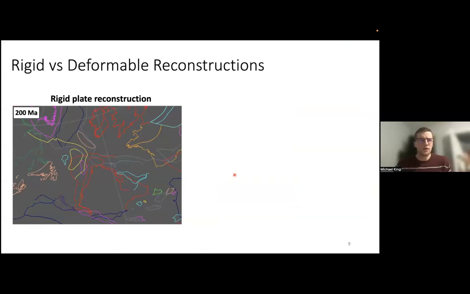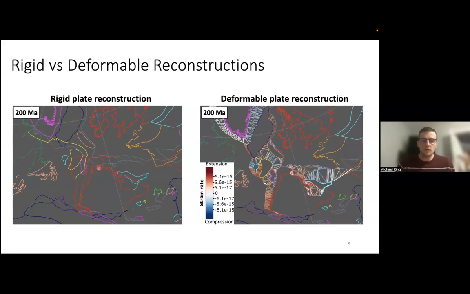And just to try and drive home the point about the difference between rigid and deformable reconstructions, as I got at on the previous slide. On the left-hand side here, we have a rigid plate reconstruction of the North Atlantic back to 200 million years ago. We see all kinds of different plates, blocks and boundaries that are overlapping each other. And basically the advantage of deformable reconstructions is that we can avoid some of this overlap